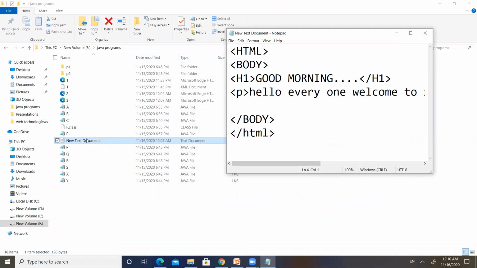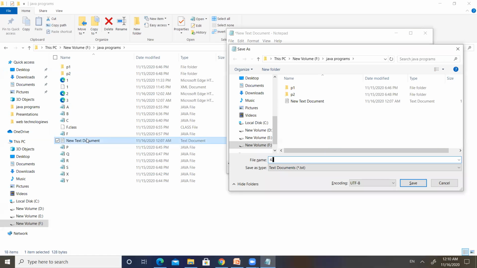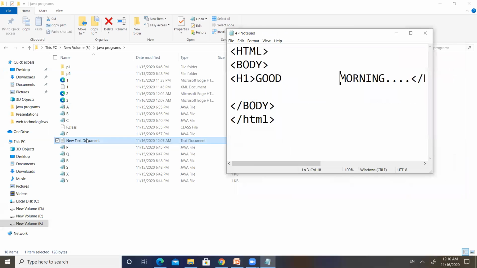For example, here you can see I have written good, and I have used multiple spaces between good and morning. I am going to save the code as 4.html. So if you observe the output,